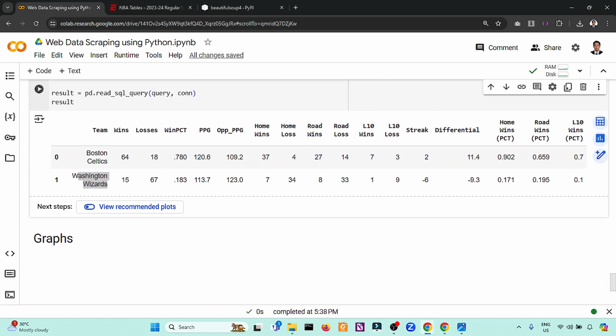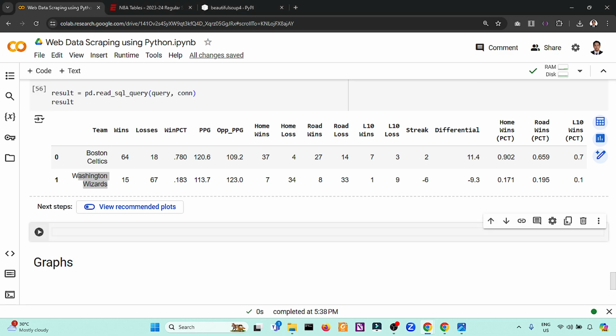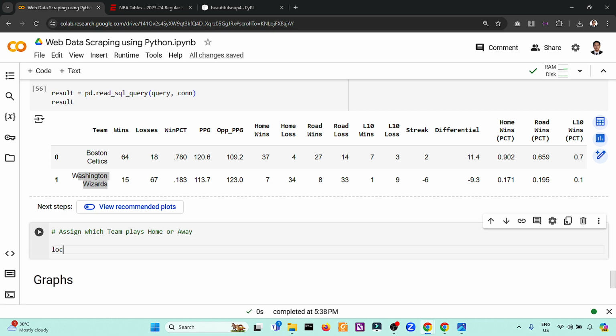So the next one is we will assign who plays home and who plays the road game. So assign which team plays home or away. Using that, we use the location, pd dot, to create a series for that.